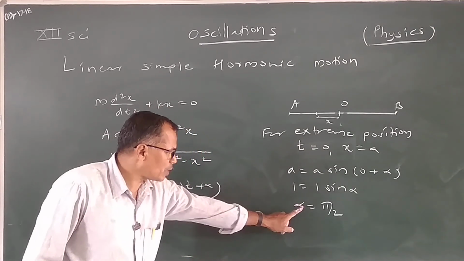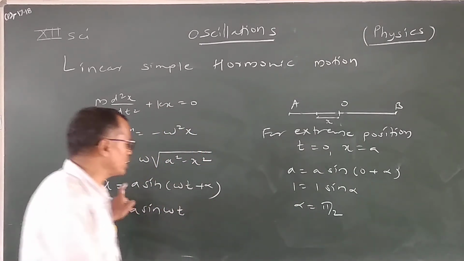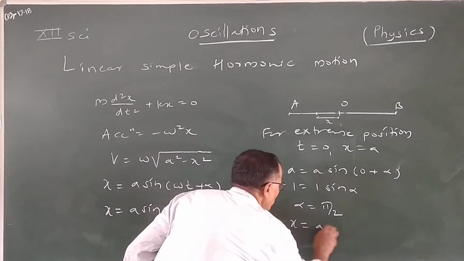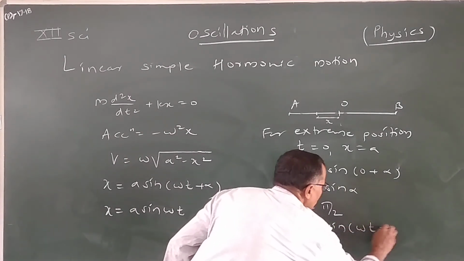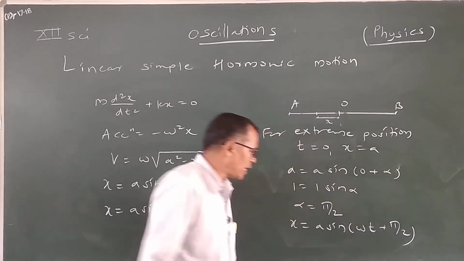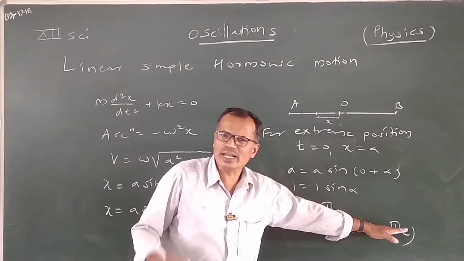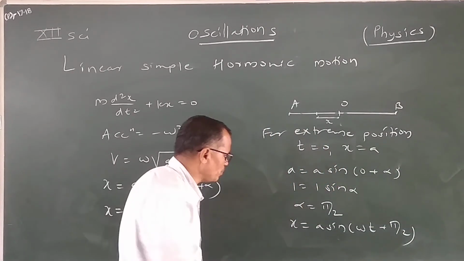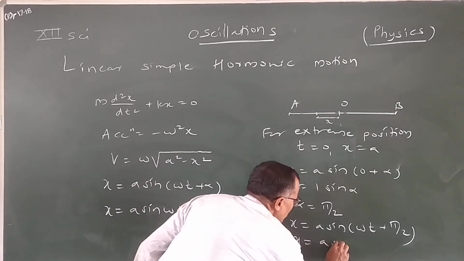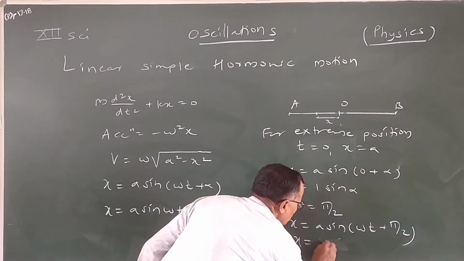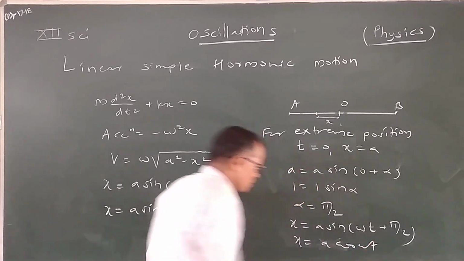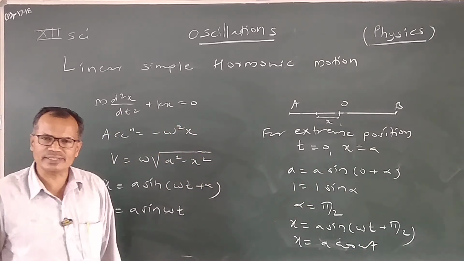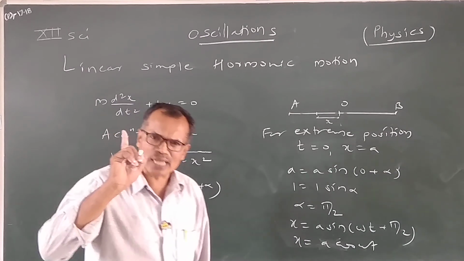Put alpha equal to pi by 2 in this equation. It becomes x equal to a sin(omega t plus pi by 2). And we know that sin(theta plus pi by 2) is cos theta. So the equation becomes x equal to a cos omega t. That is, if the particle starts motion from the